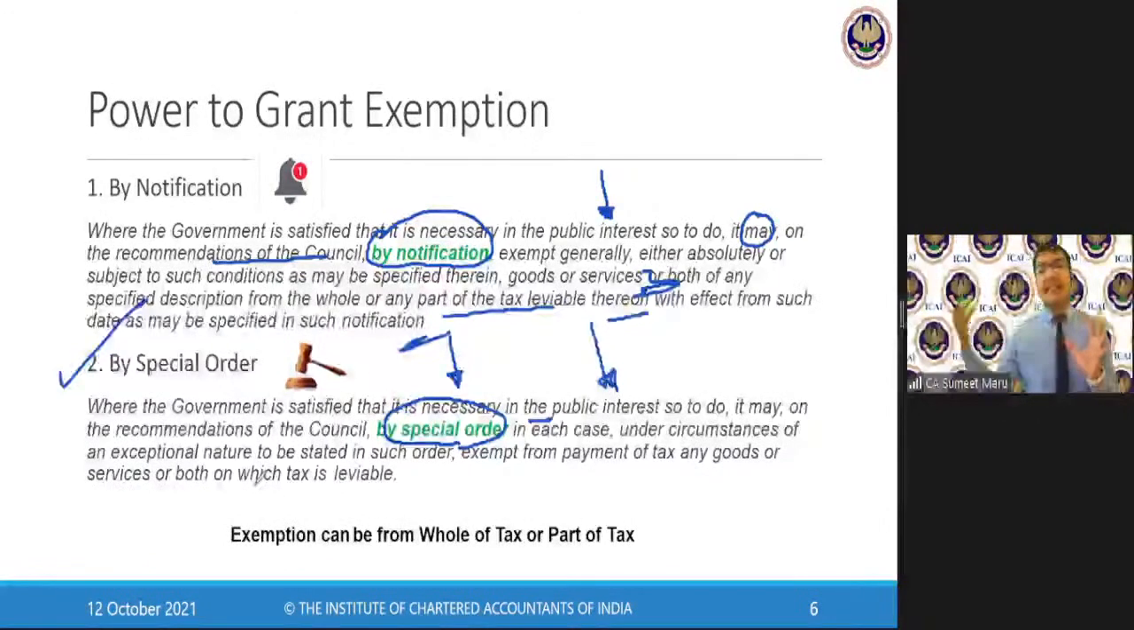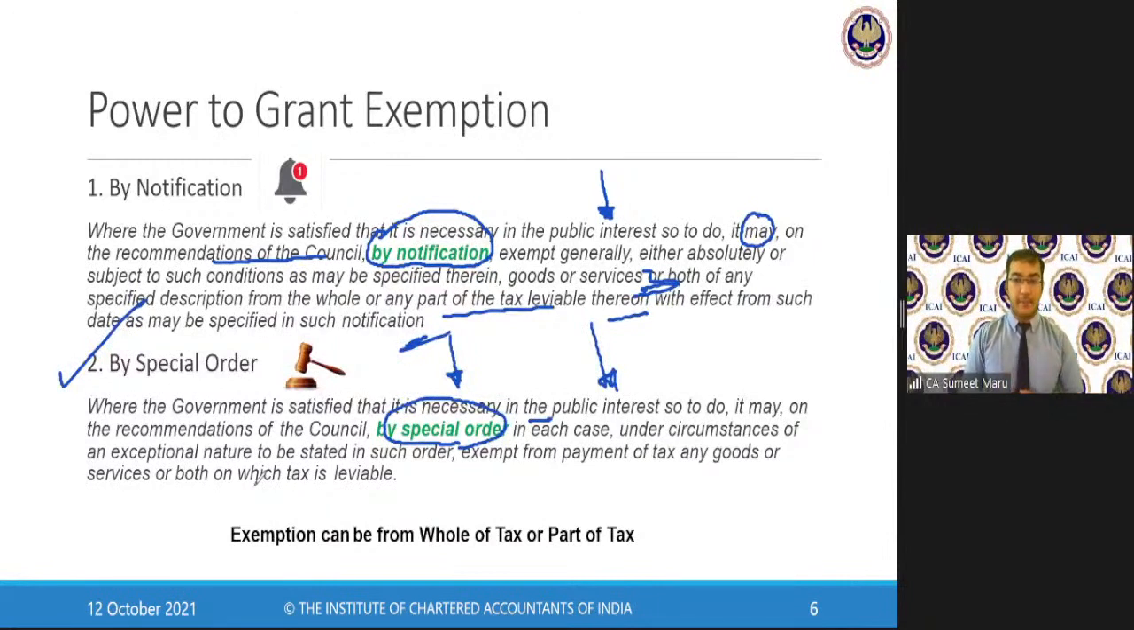Now, sir, what are these exceptional nature circumstances? This will be given in the order itself. So there are two ways the government can convey the exemptions. First, by notification in a very normal way, on recommendation by the council. Second, by a special order in certain exceptional cases, which will again be given in the notification. It can give an exemption to certain types of goods or services from any date, again specified in the notification